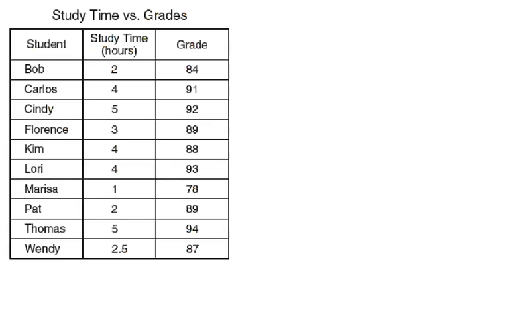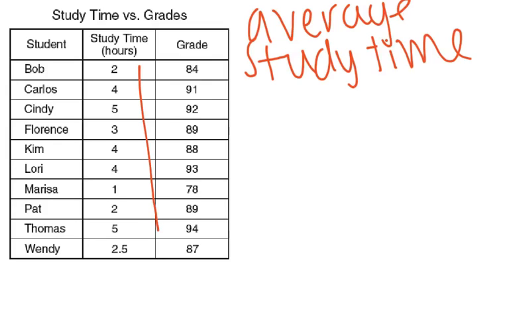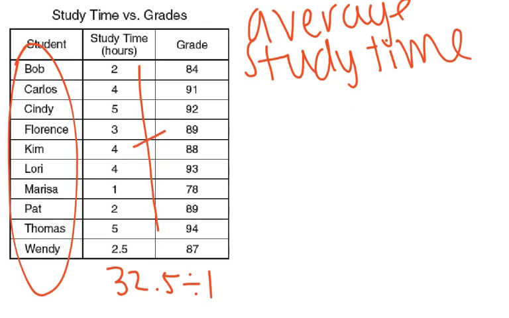Okay, moving on to tables. You want to find out the average study time. By figuring that out, you would add up all these numbers and you would get 32.5. And you want to know the average time, so you would divide by all these students. There's 10, so you would divide 32.5 by 10, that equaling 3.25, and then